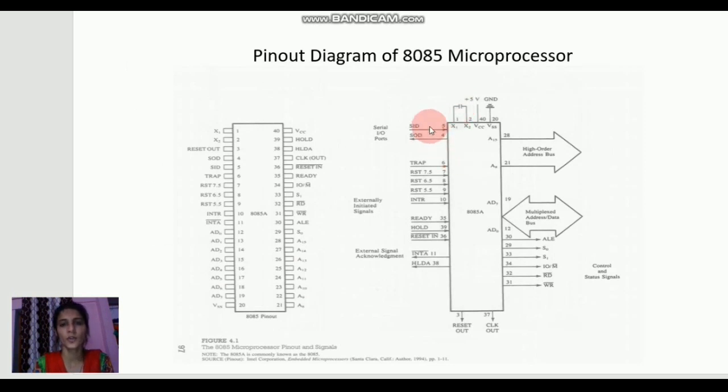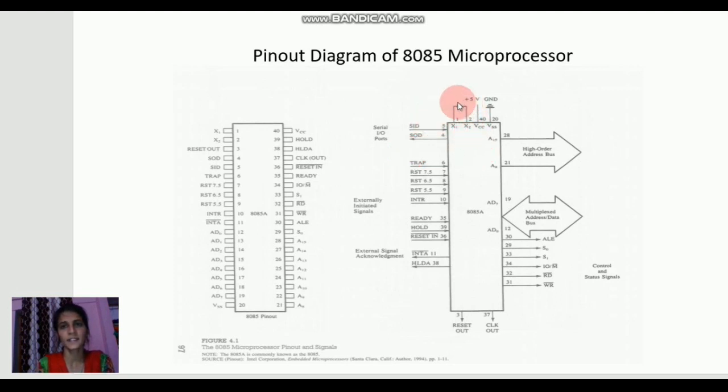This is the pin diagram of 8085 microprocessor. At the time of manufacture of this chip, due to the limitation in size, the data bus and lower address bus are multiplexed, or say time multiplexed. By time multiplexed, we mean that for some period of time, the 8 pins indicate the lower address byte, and for some other period they carry the data, that is, act as data bus. We will talk about how this is done later in the slides.